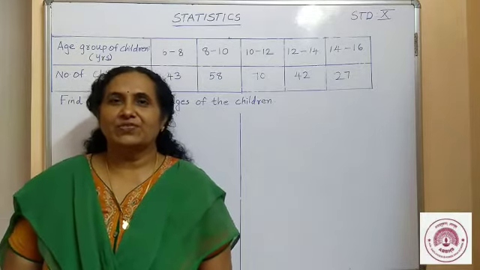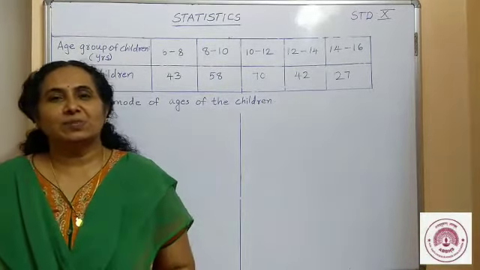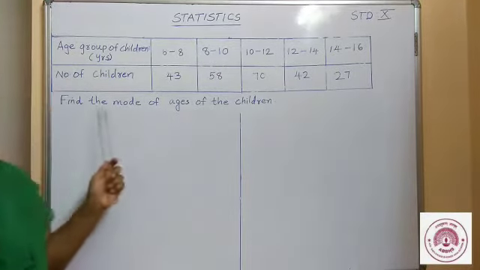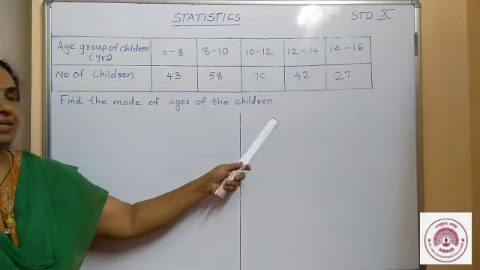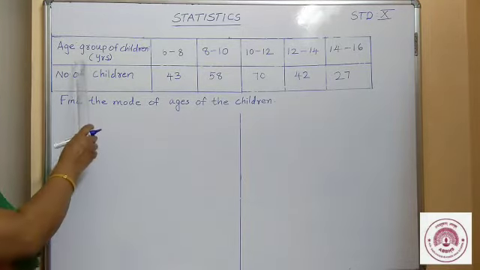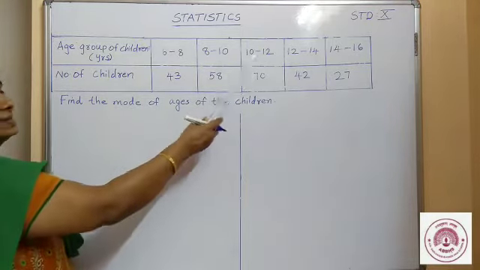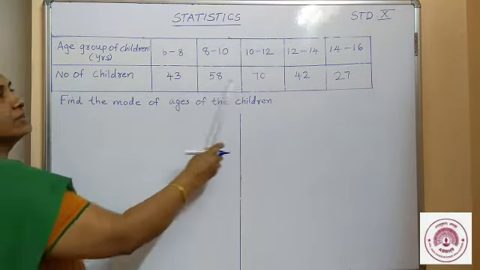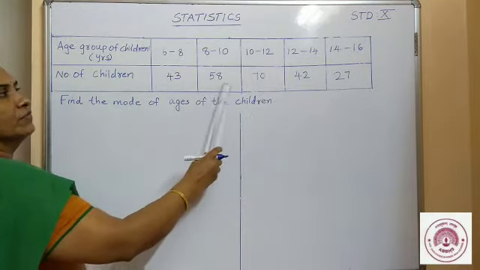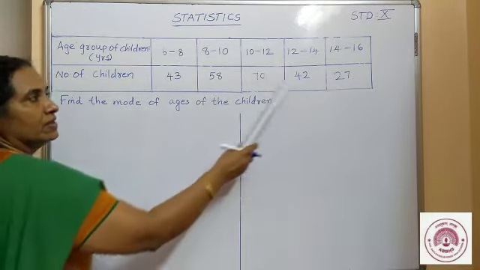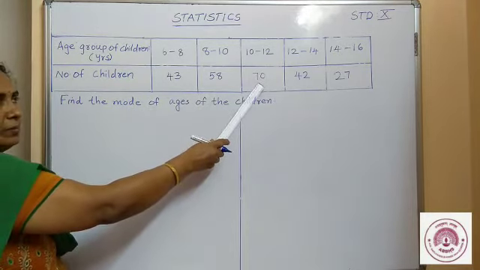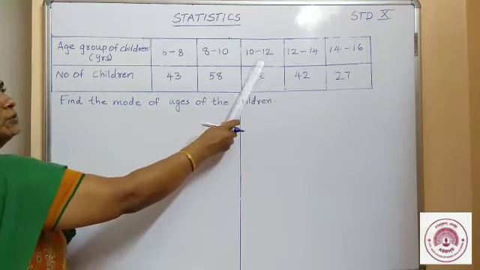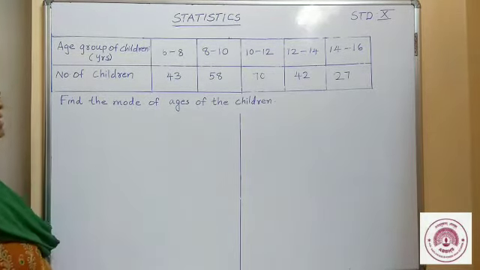The classification of children according to their ages playing on a ground is given in the table. Find the mode of ages of the children. Here, age group of children in years is given. The number of children is also given. Now, which is the maximum number here? 43, 58, 70, 42 and 27. So, here 70 is the maximum number. So, the maximum number of children is of age group 10 to 12. So, modal class is